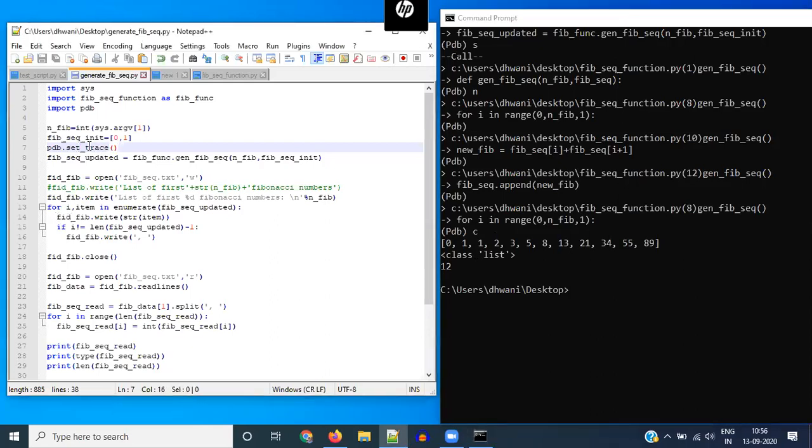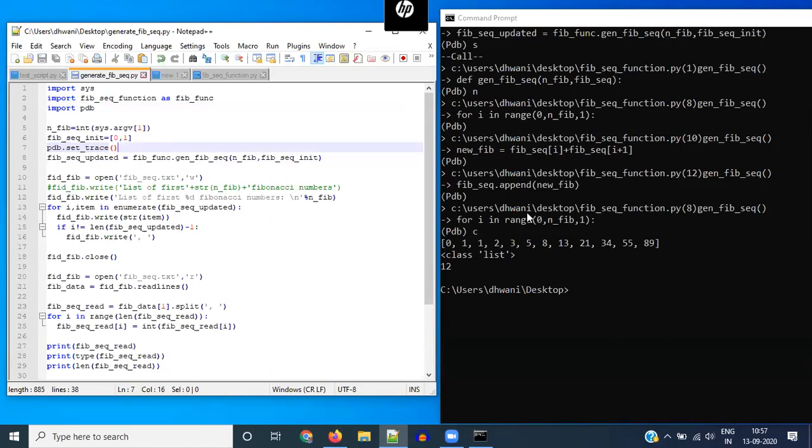This is a useful feature when, suppose you don't know where this function is. Maybe you haven't written the function, maybe somebody else has written the function, or maybe it's an inbuilt function of Python that you're calling from some other module, but you want to know what it's doing internally. So you can just put this set trace before the function is called, and then do S to get into the function and go on running lines within that function.